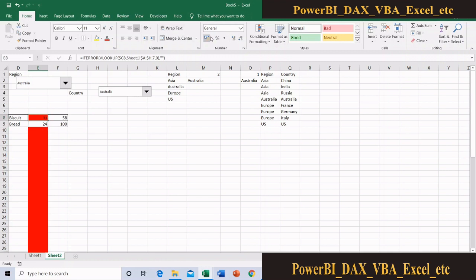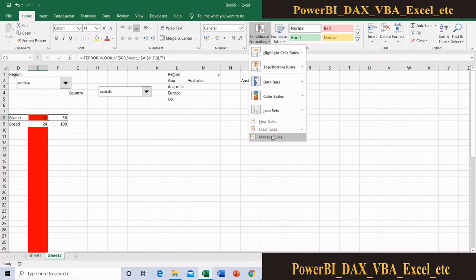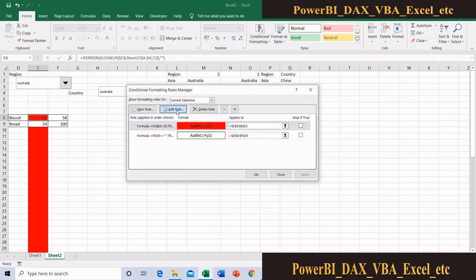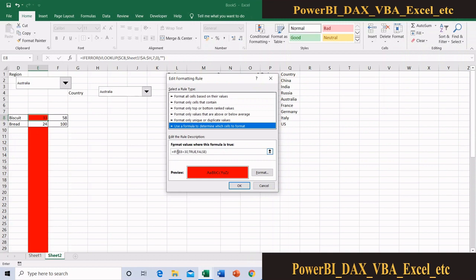So to avoid that, I am putting one more condition here. Go to manage rule, select this edit rule. Here in this I am checking two conditions. So I am applying one AND function here, and I need to check two conditions, whether this is greater than 30 and the corresponding particular cell, I am removing the row locking, and this particular cell not equal to blank. Then only the format, means the color, will apply.